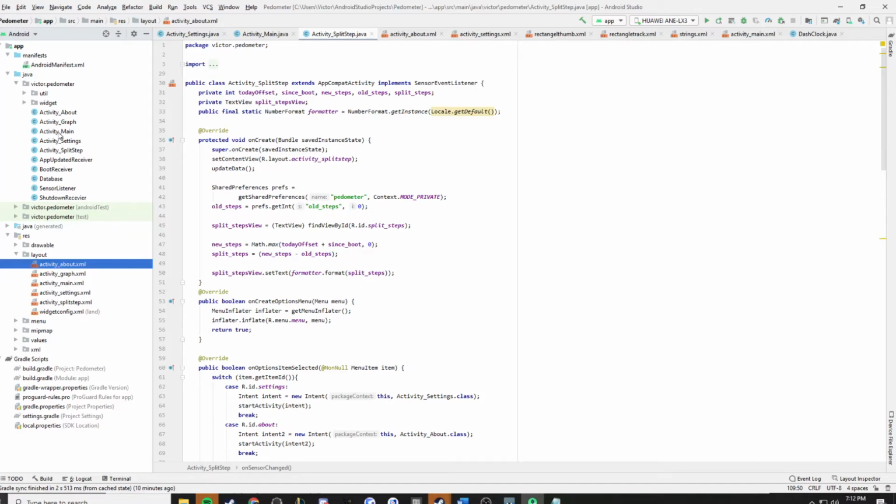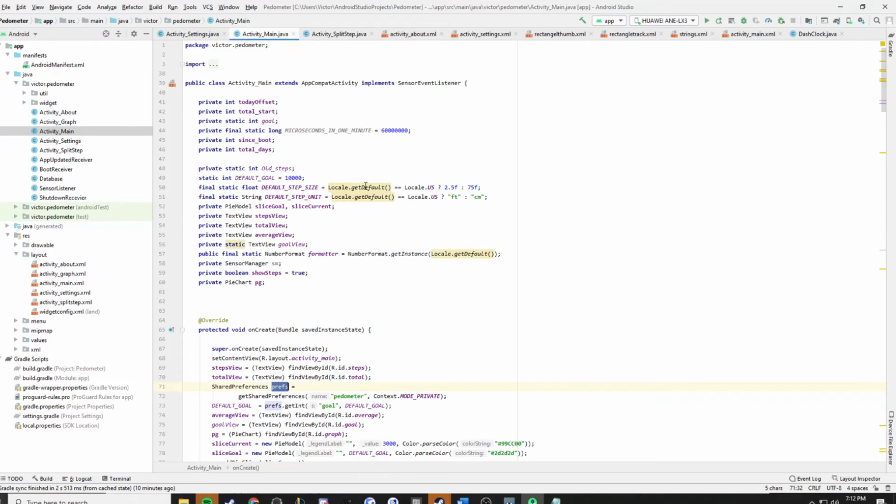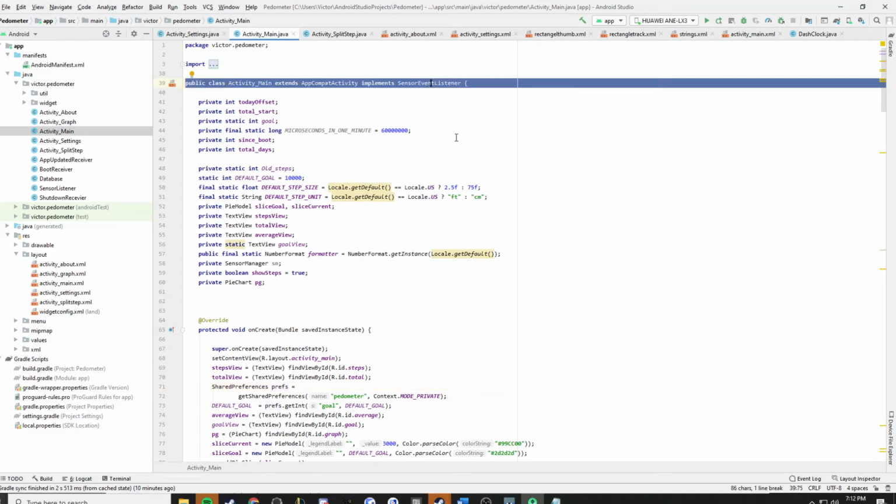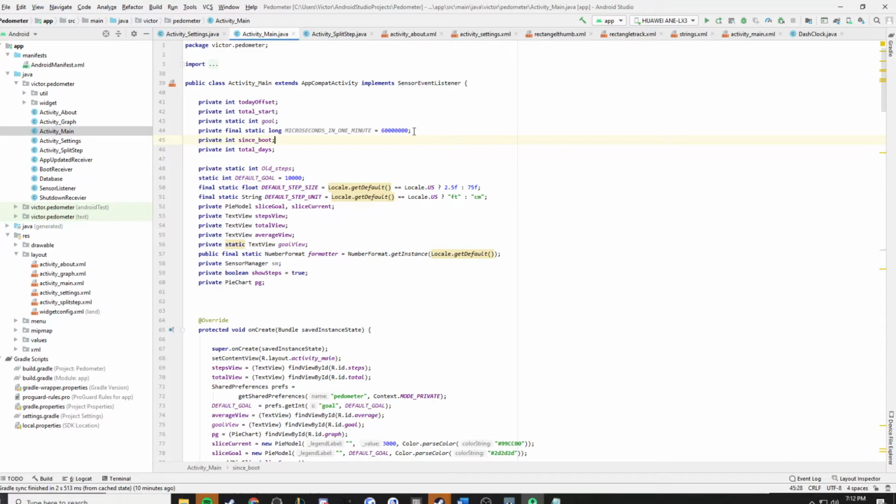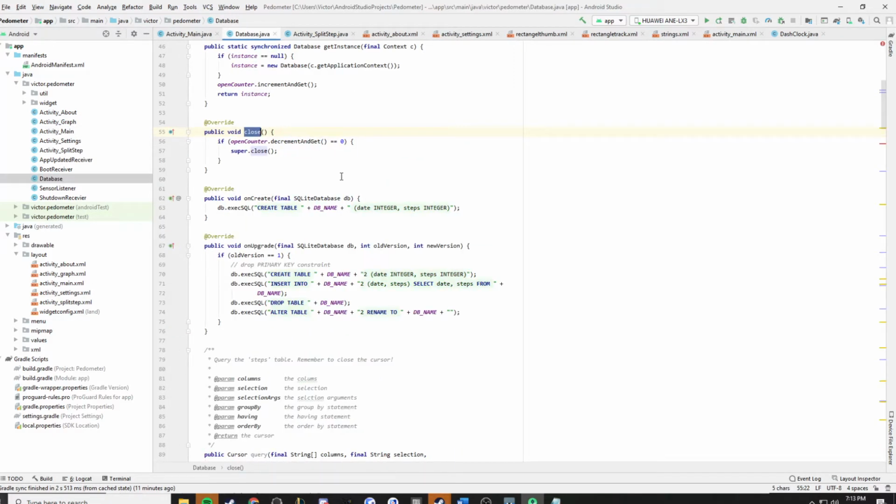And taking a look in the main activity, we can see that it also implements the sensor listener that is said if I so walk around, we will update a text view, and also something called a pie model, which is from the custom library I was mentioning earlier. And that value is stored in the database again. So I've been mentioning the database a lot, and let's actually take a look at the database. So the database, as we can see here, is an SQLite database. And what it really does is